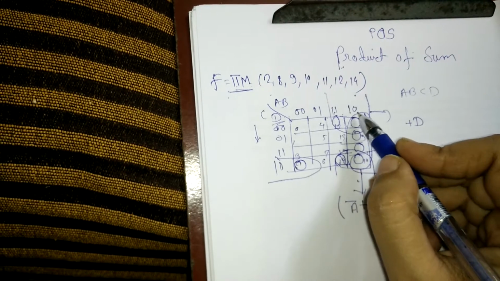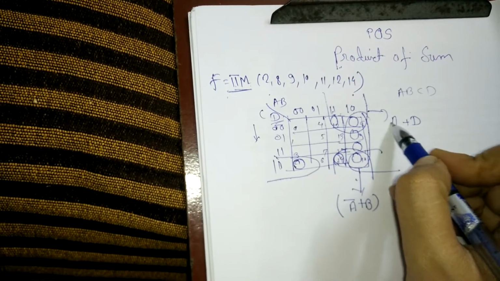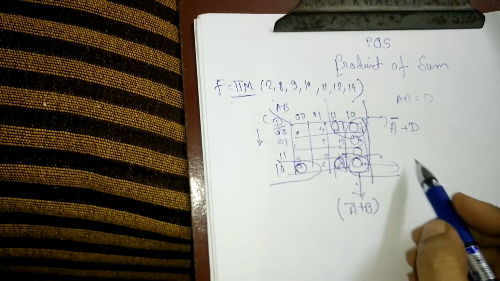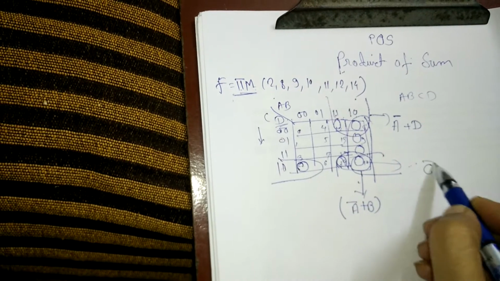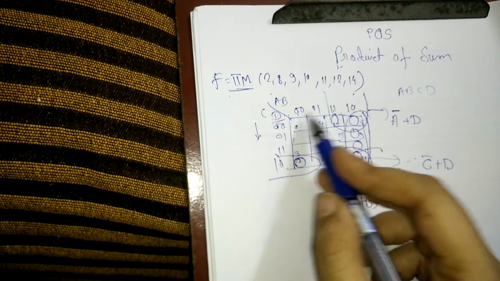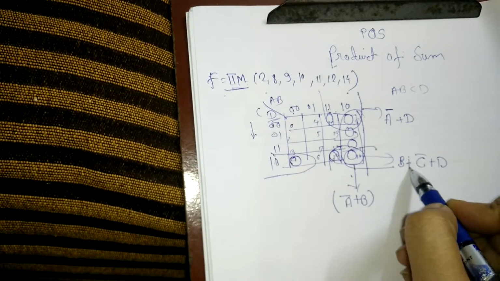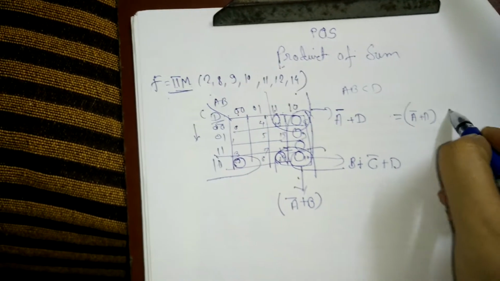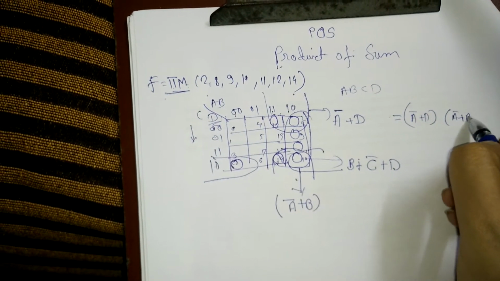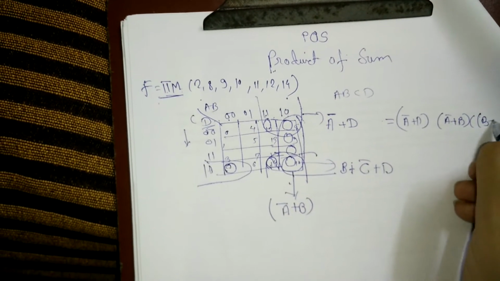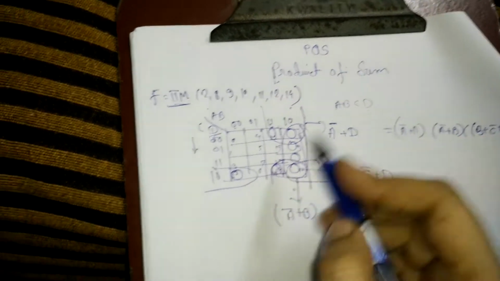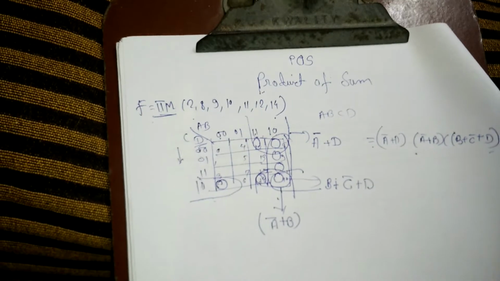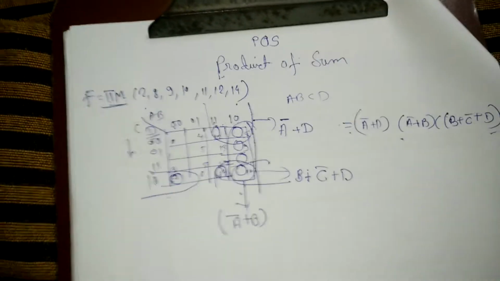Also the next constant thing is A. So A is constant, and it is having the value 1, so bar will be given. Then here we can see that 0, 0 is constant, so it will be C bar plus D, as well as B is constant and B is having value 0. So the final equation for this becomes A bar plus D into A bar plus B into B plus C bar plus D. So there are 2 groups of 4 and a group of 2. This is how we will find out the product of sum form.